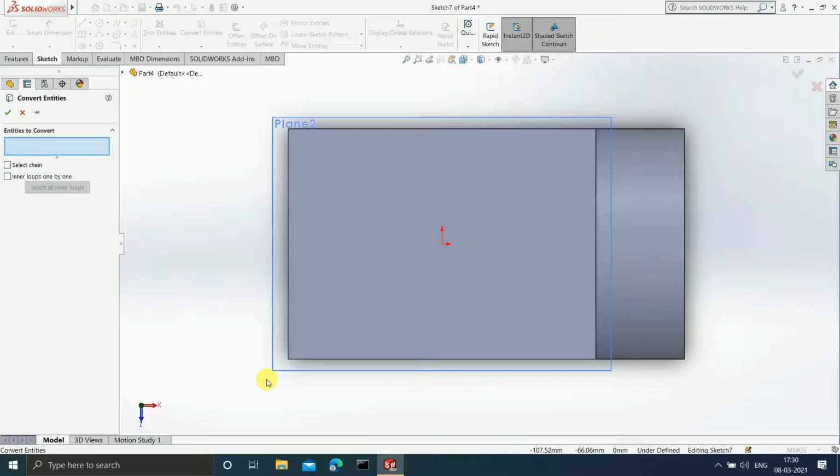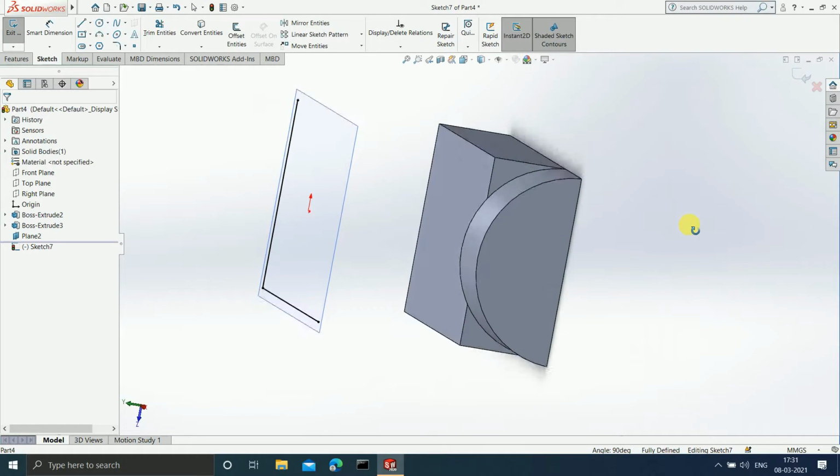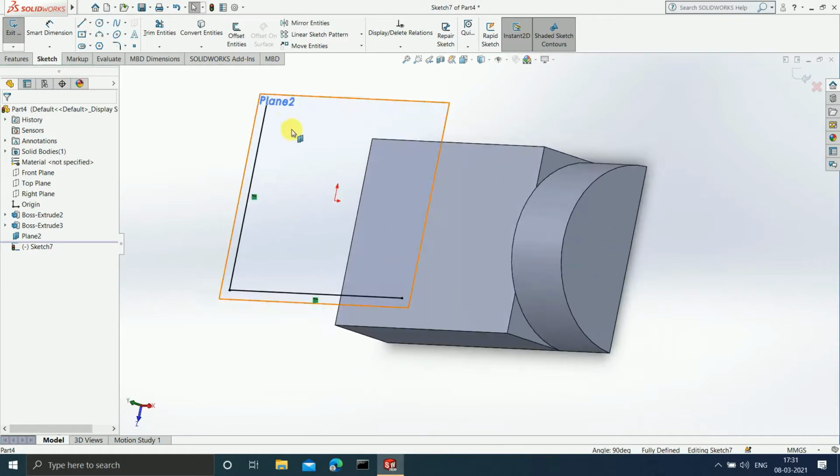Suppose I want this line on a particular plane, so I will select this particular line, and this particular line if I want. Now once this is done, I will click on OK.